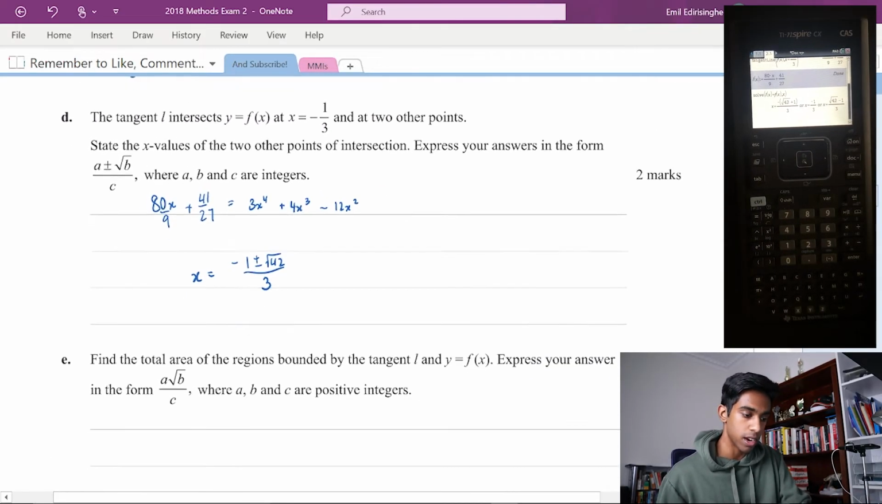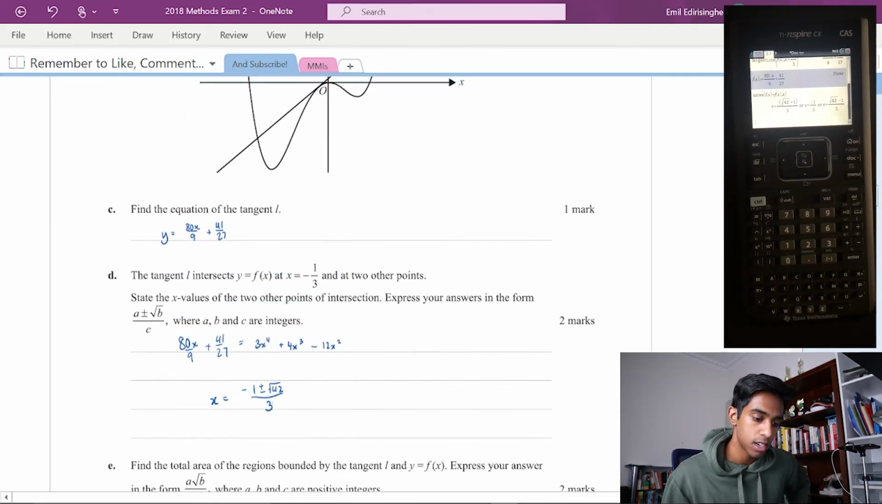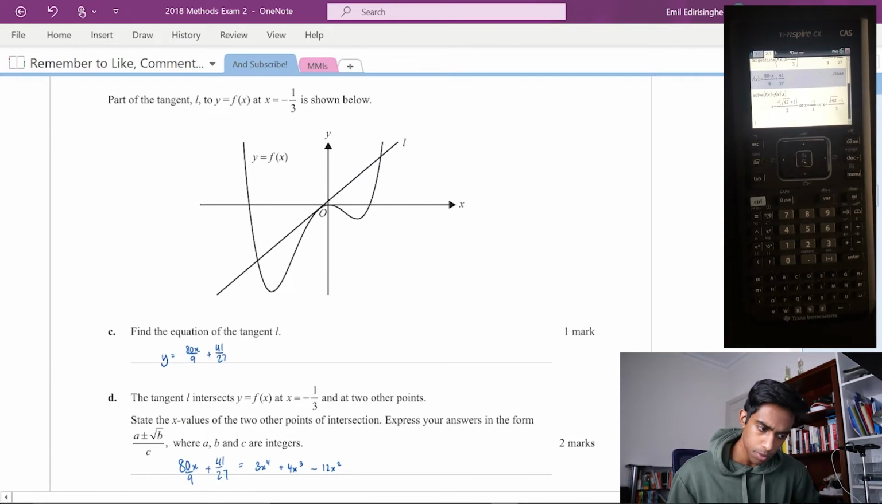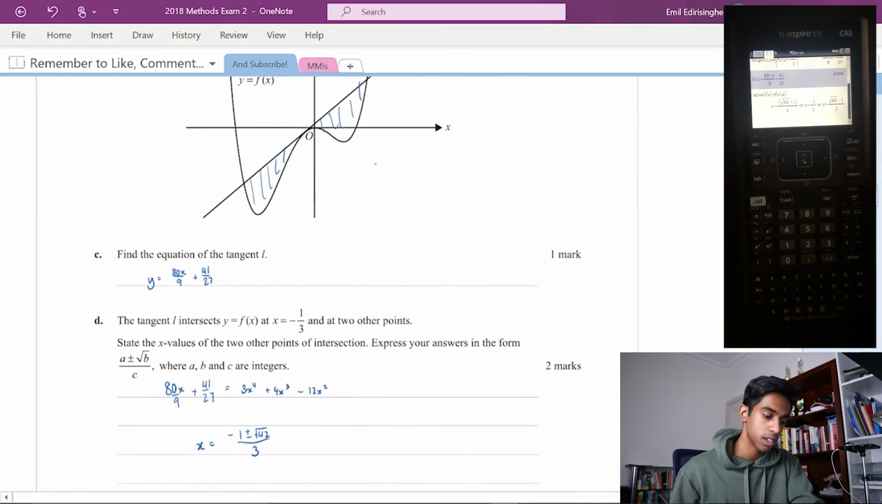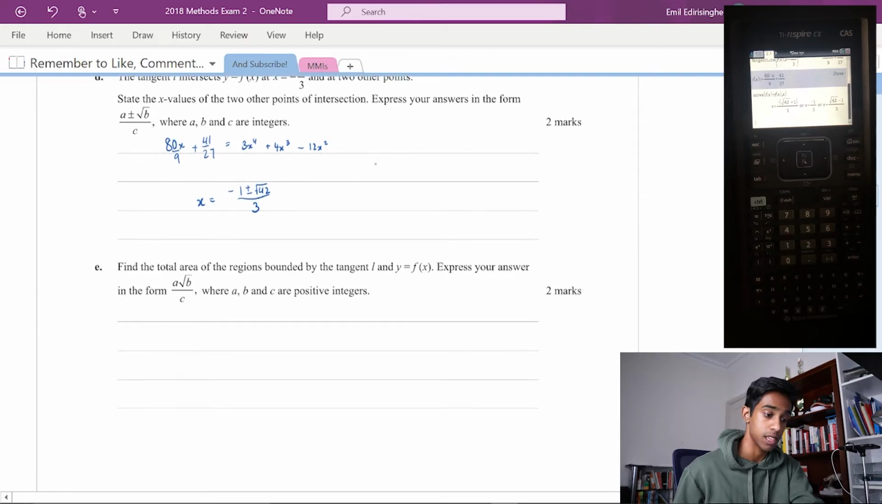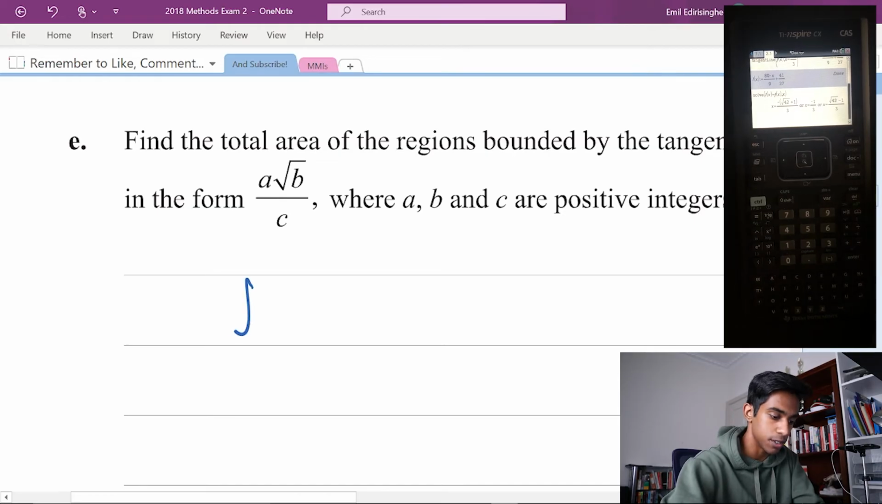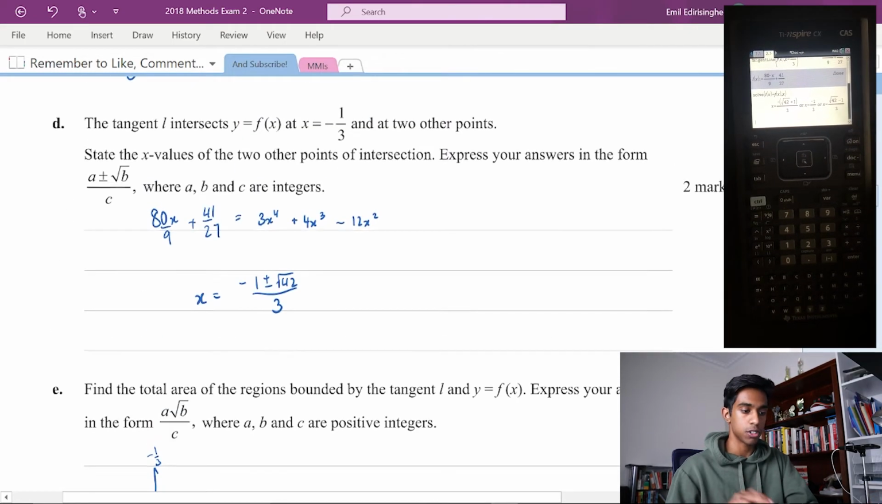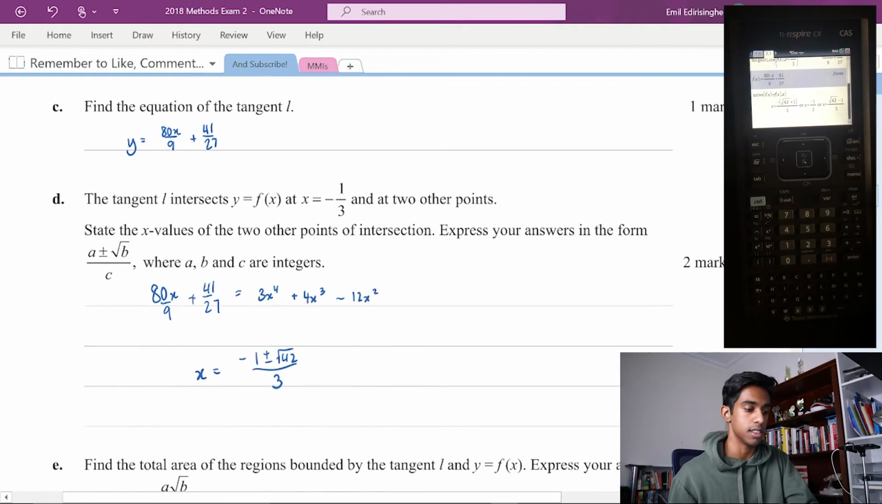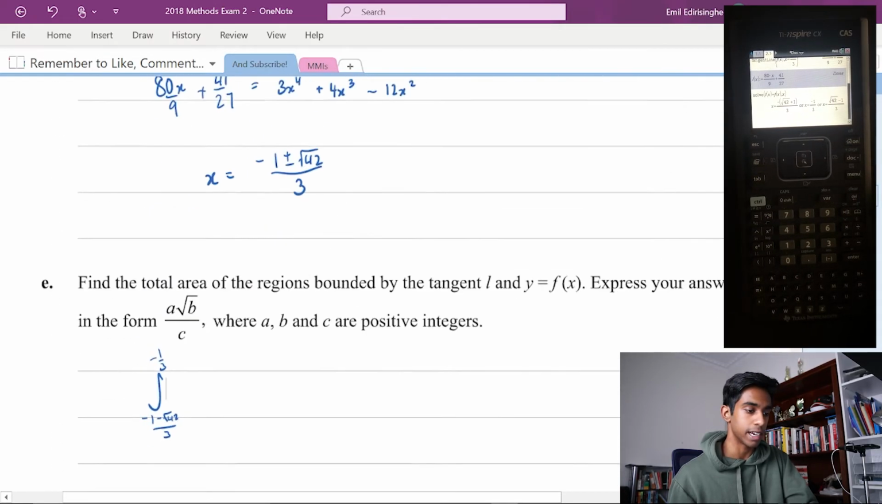And now we're looking for the total area of the regions bounded by the tangent L and y equals f of x. So this isn't too bad. This is just these two areas, and we know what the bounds are. So essentially all we have to do is just write out these integrals. So our first integral is going to be from -1 minus root 42 on 3 to -1 on 3. And all of these are going to be L of x minus f of x. But just remember, we haven't actually defined L in this thing, so we have to actually write it out, which is